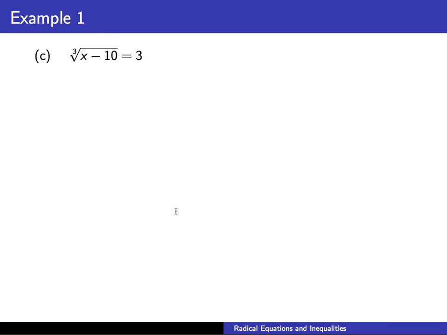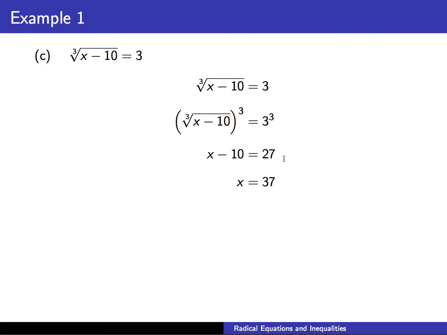All right, part C, we have the cube root of x minus 10 equals 3. This time we're taking the cube root of the left side. So instead of raising both sides to the second power, we're going to raise both sides to the third power. And when we do that, we'll get x minus 10 inside the cube root. When we cube it, that just gives us x minus 10. And then 3 to the third power is 27. So then add 10 to both sides, we get x is 37. And if we check that, 37 minus 10 is 27, and the cube root of 27 does give us 3,